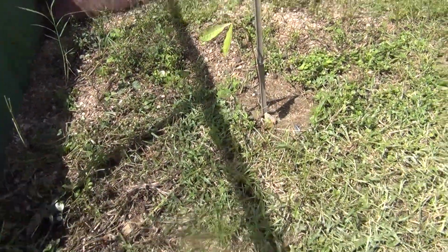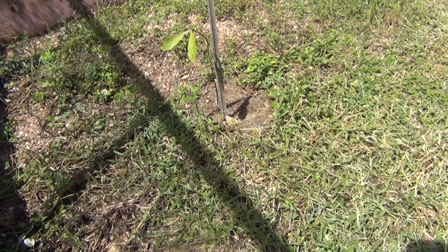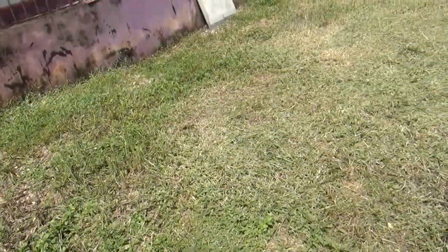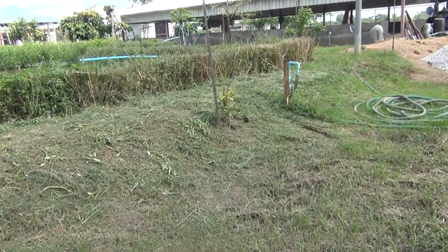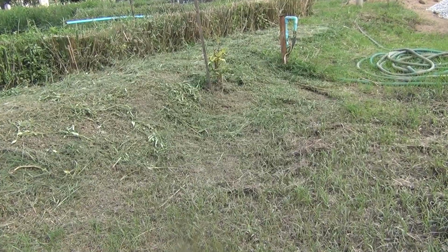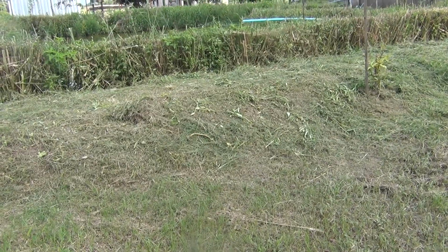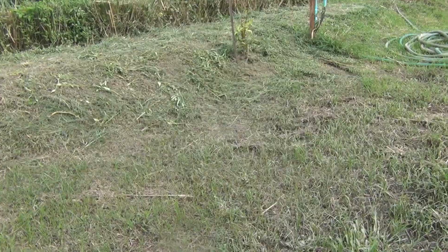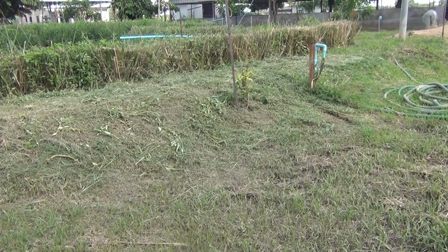Okay, so back here we had lost a coffee tree, so we replaced it with an almond tree. We'll see how that goes. Now here we have another macadamia nut. Now originally I was going to put 4 trees across this way here. However, these macadamia trees,